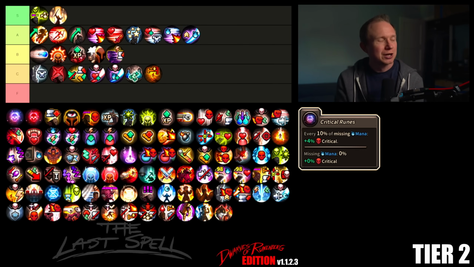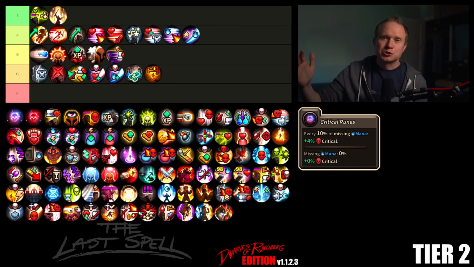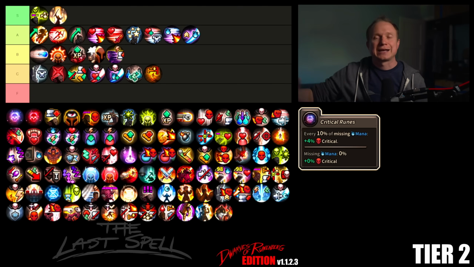And so as a result, critical runes has always felt like a bit of a dud for me, because I don't want to be low on mana. And if I'm not low on mana, I'm getting some marginal amount of crit out of it. And the bigger issue, I think, is as I'm going into the final nights, I want to make sure that I'm topping up my mana. So as I do that and I go into the final night, I want to be full mana so I can cast and I can cast and I can cast. And by the time this starts to come online,